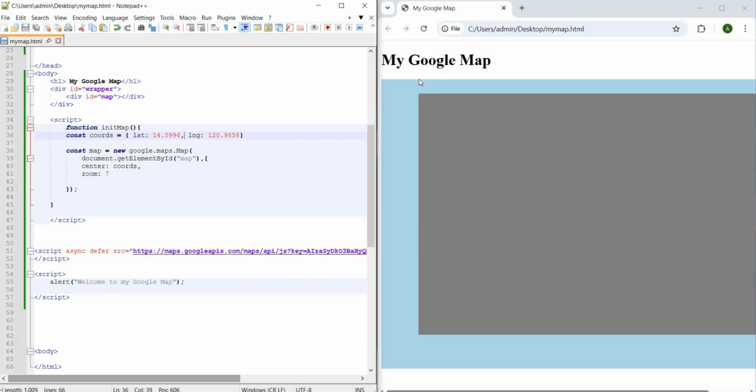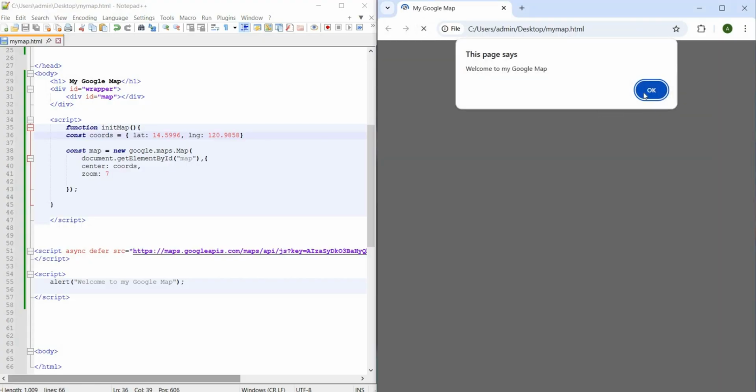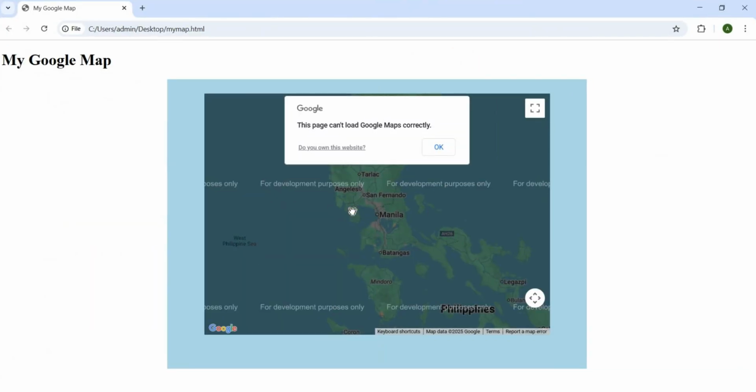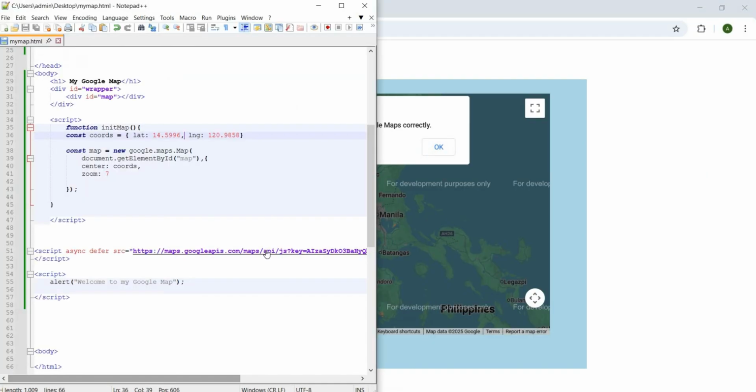And let's see. Now it works. It works, guys. So we already have a Google Map in our website. Finally it works. Our mistake a moment ago was the period.